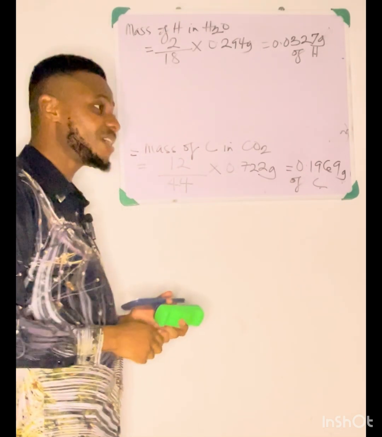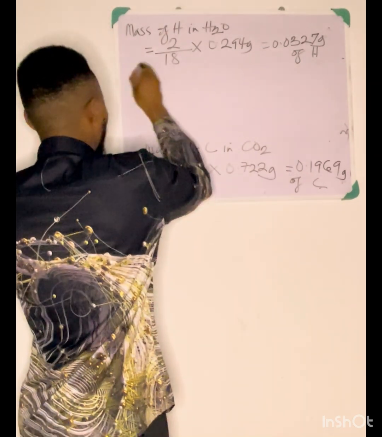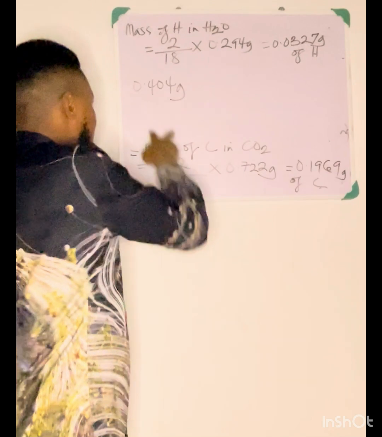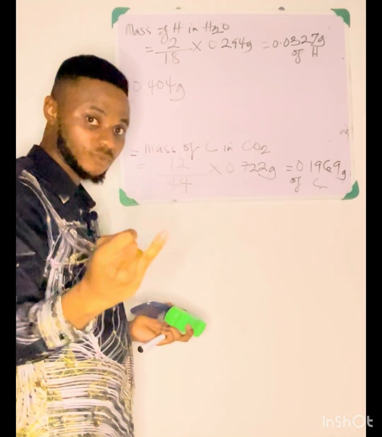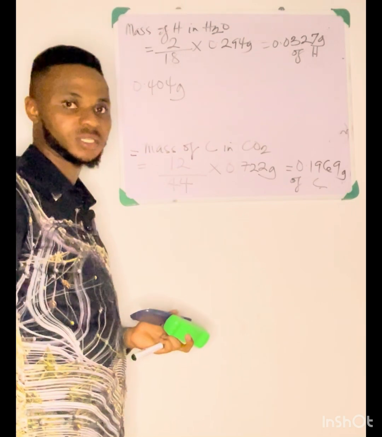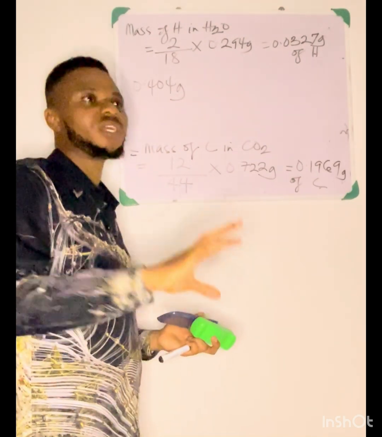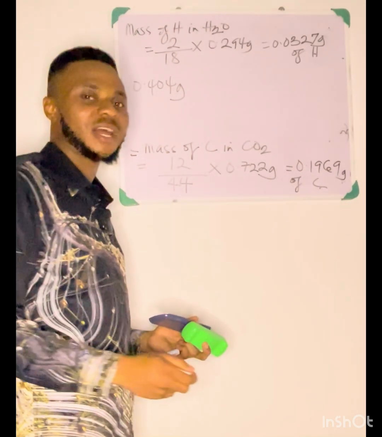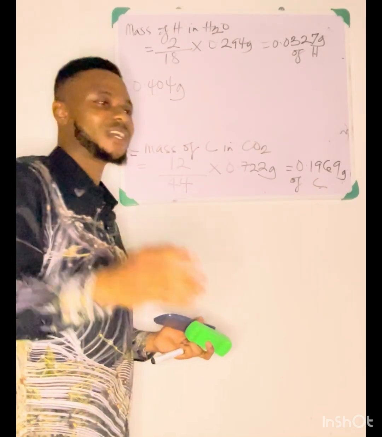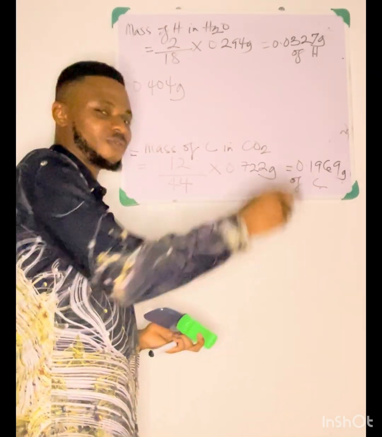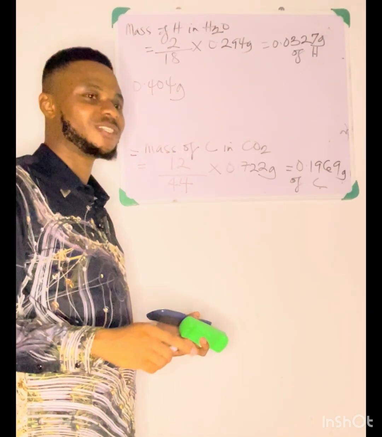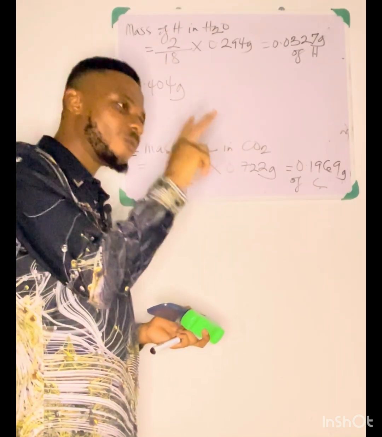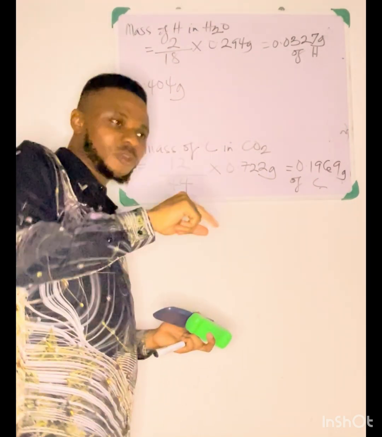Now, the organic compound has a mass of 0.404 grams. So this 0.404 grams, like I said, has a mass of carbon, a mass of hydrogen, and a mass of oxygen in it. It's just like having the sum of the ages of 3 children. They say the ages of Kego, Emeka, and Chukwuebuka add up to 40 years, and Kego is 16 years, Chukwuebuka is 14 years. So the third child's age would be the total age minus the ages of the two that you already know.